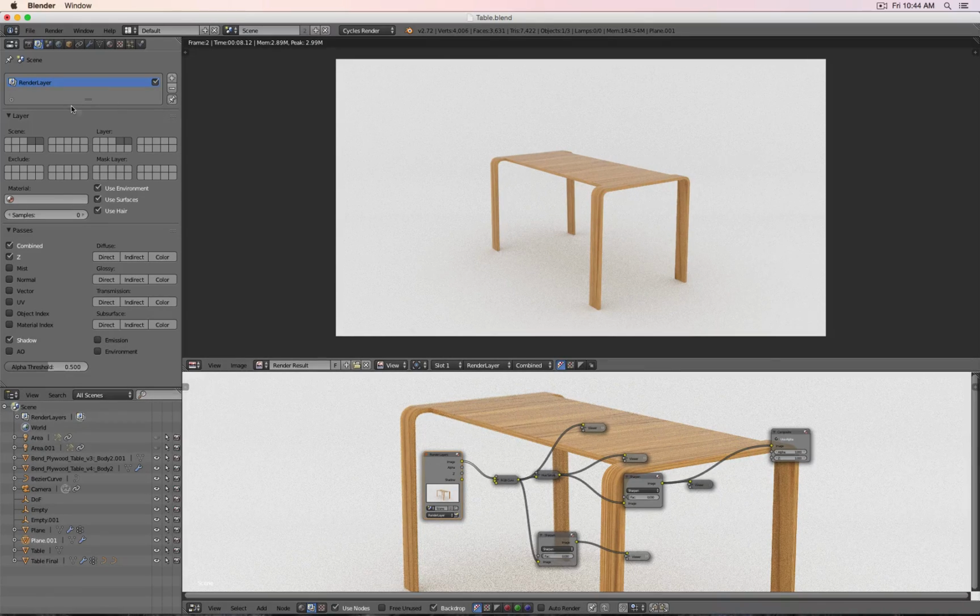But currently what's really interesting might be the render layer. And let's say we call this one table. We make another one and we call this one floor. Now you see here you have scenes and you have layers. So what I can do is actually